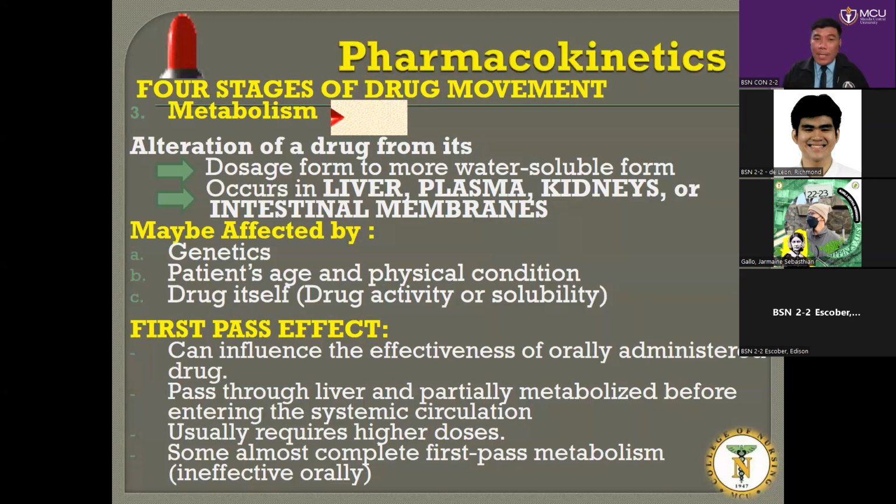The first pass effect is usually influenced by oral medication. All oral medication will pass through the liver, then will be metabolized again. Usually the first pass effect is more pronounced with higher dosages of drugs, especially overdoses. The first pass effect is very prominent and distinct in its function to prevent the distribution of toxins. Almost all first pass metabolism happens with orally administered drugs, and it is facilitated by the liver.